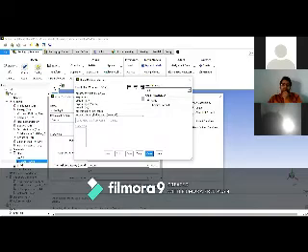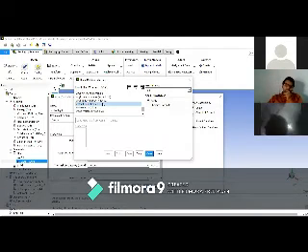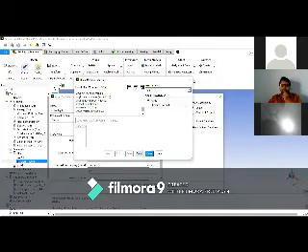A number of fluid materials are available in the database. Which type of fluid you select depends on the case. We have selected water liquid because water flows inside the pipeline. So we have selected the water liquid material. Okay, click and copy.